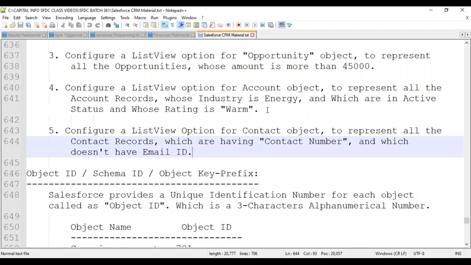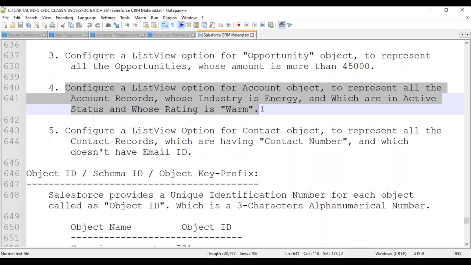Now somebody is asking about that fourth requirement here. They are facing some difficulty with that fourth requirement. Now let me show you how we can implement this. Let me show you the fourth one, so that we can work on the remaining ones in a similar fashion. So now the requirement is